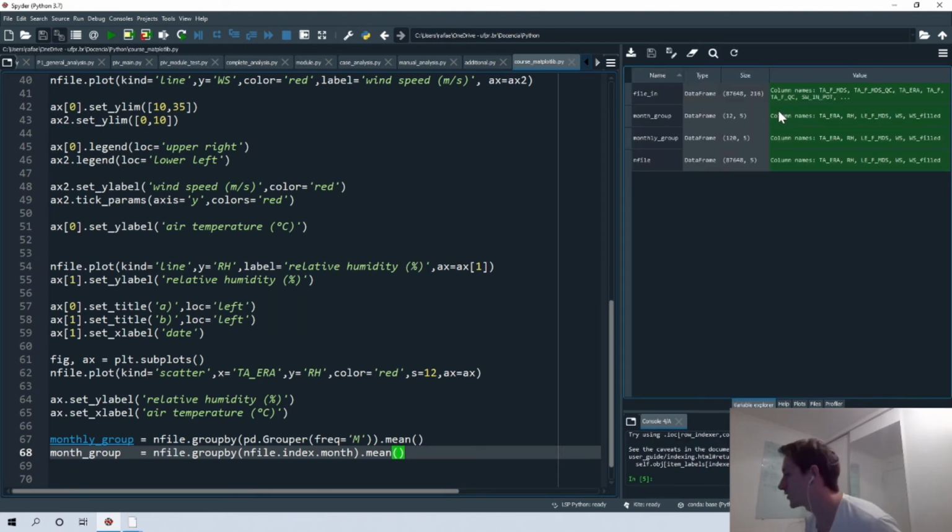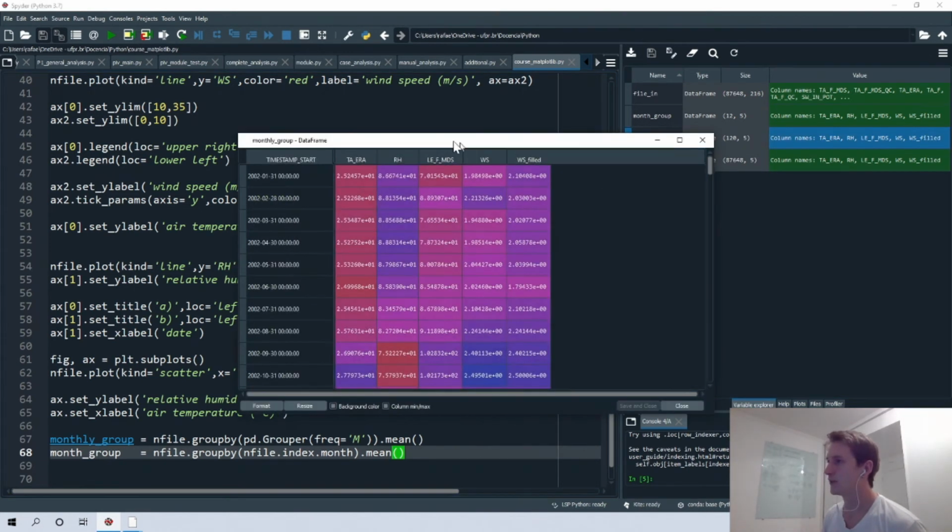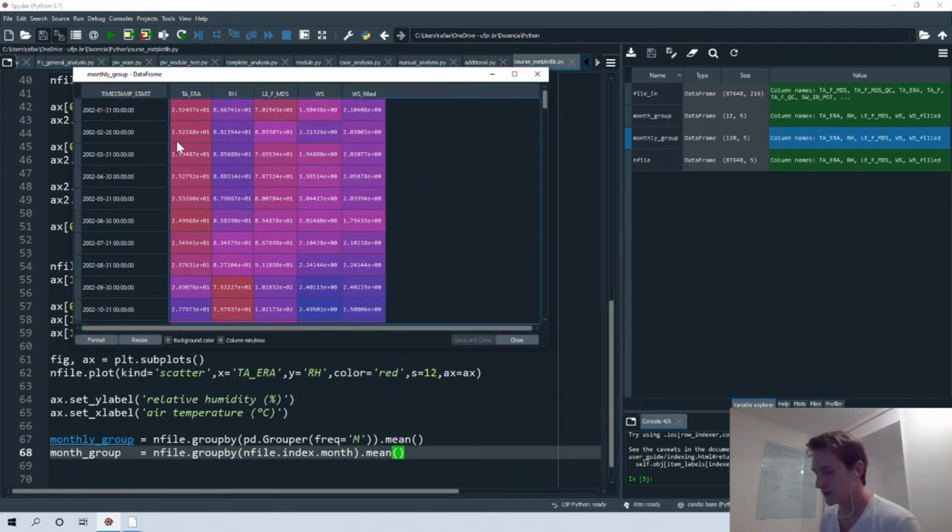So if you look here, we have two of them, the monthly and the month group. As you can see, for the monthly, we took the monthly average of our data: air temperature, relative humidity, and the value average for each month from 2002 to 2011, right?